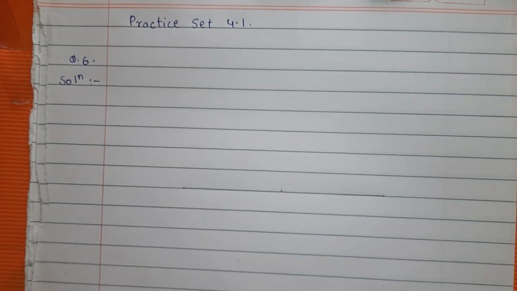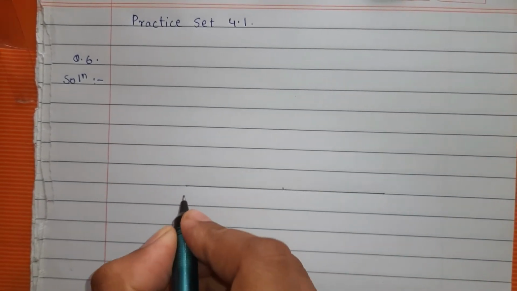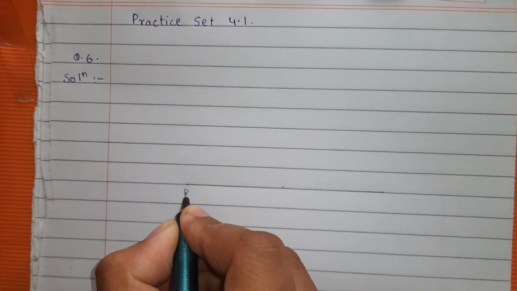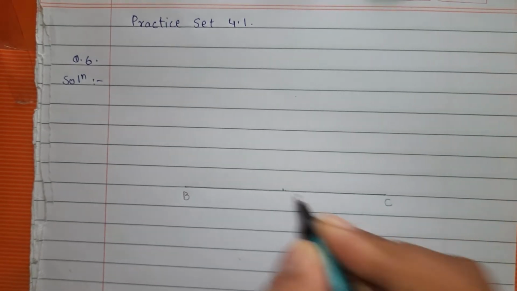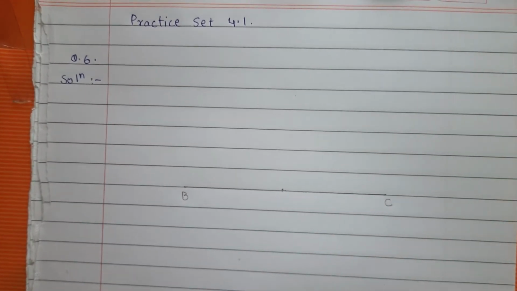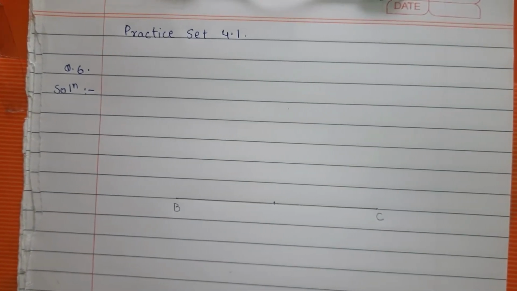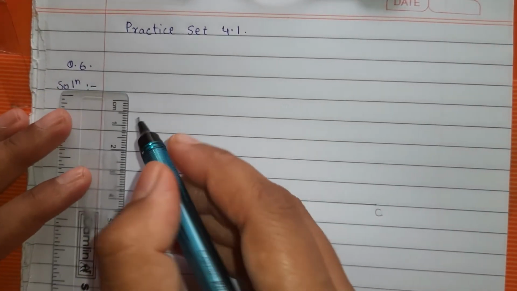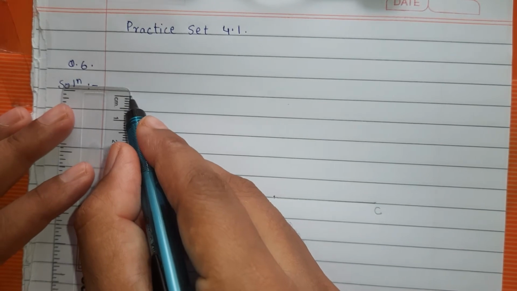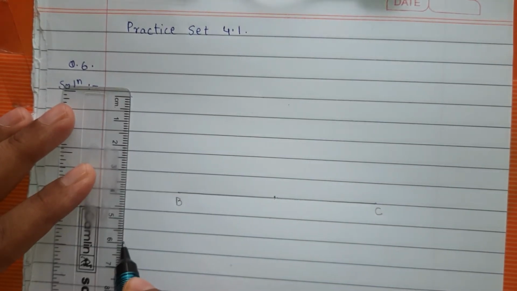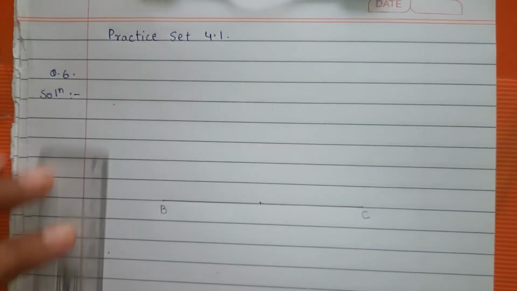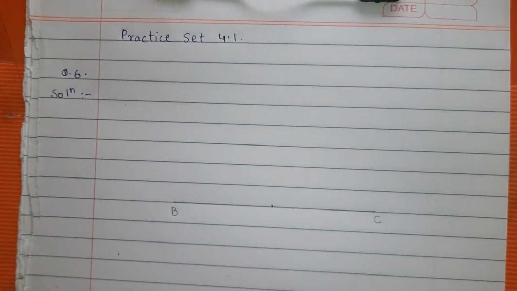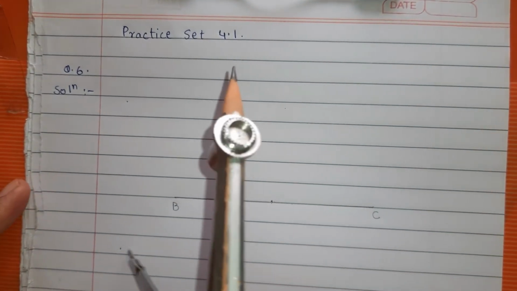So suppose this is the side BC and this is the midpoint of BC. Now isosceles triangle. So suppose remaining 2 sides I select as 6 centimeter. So mark 2 dots 0 and 6. Take the distance 6 centimeter in your compass.